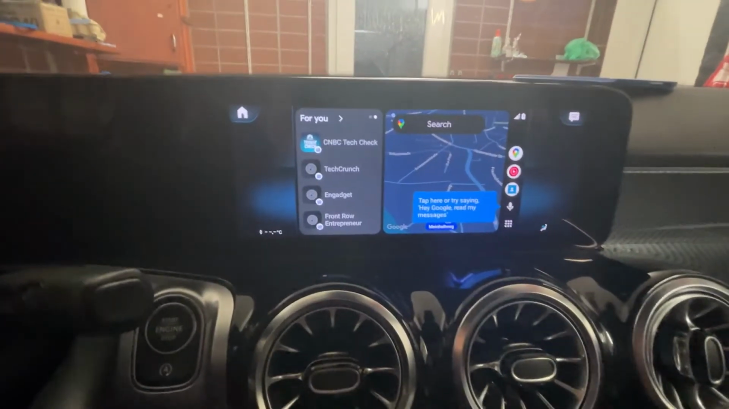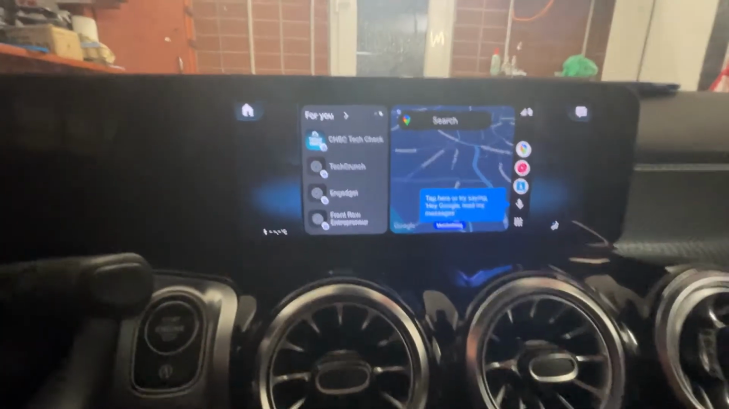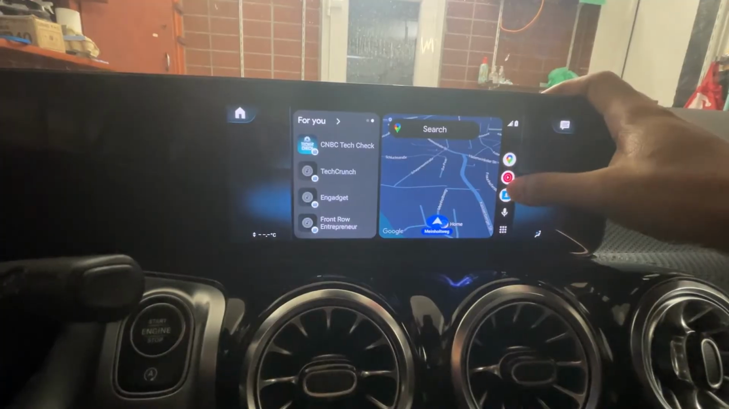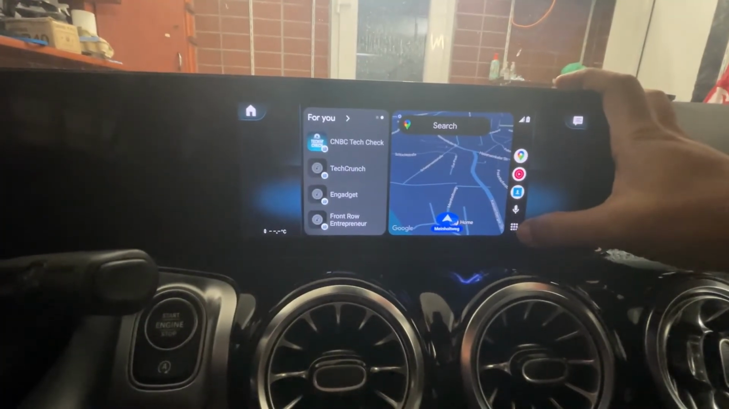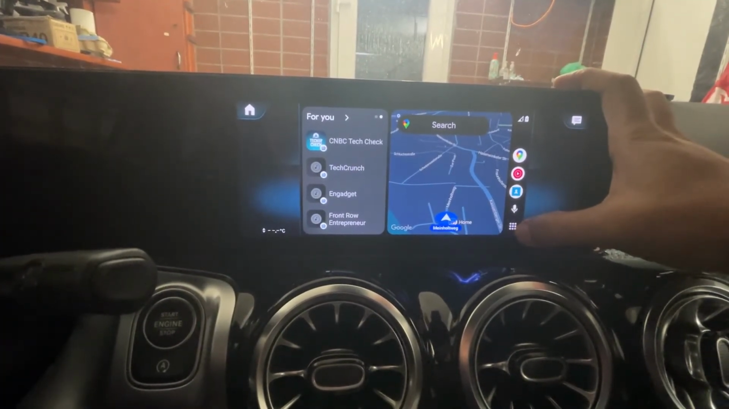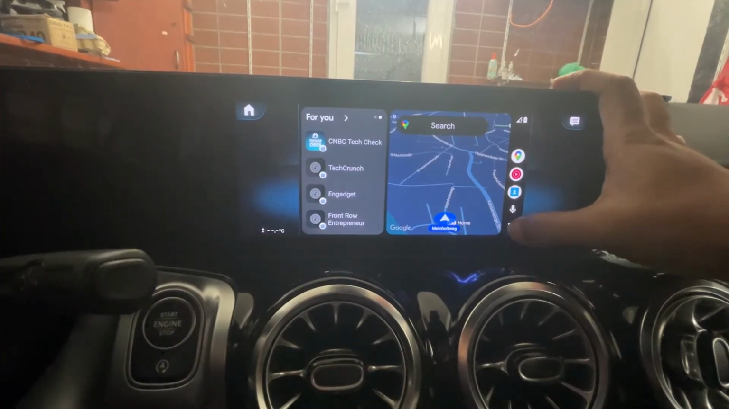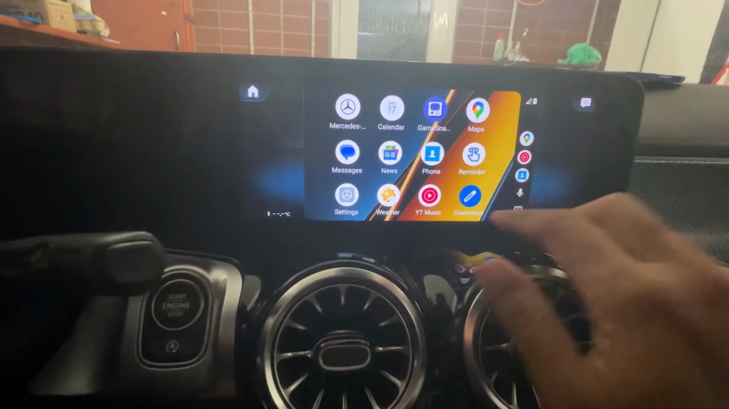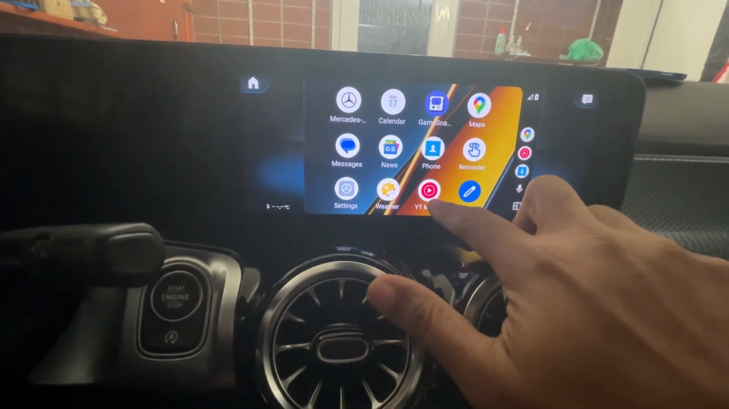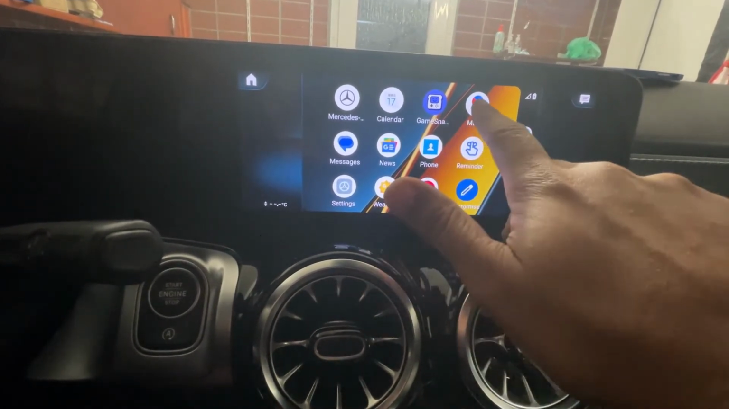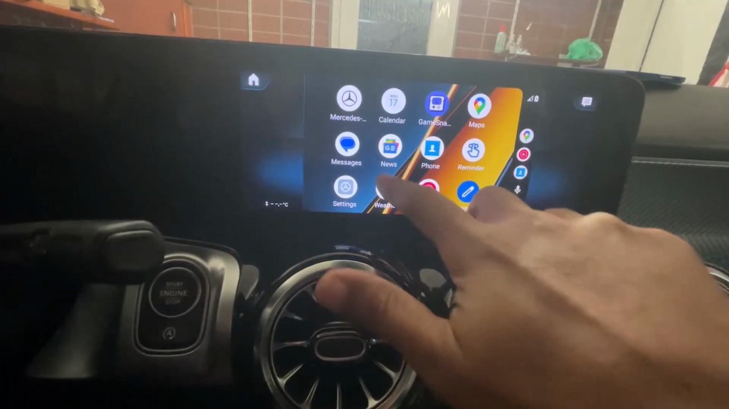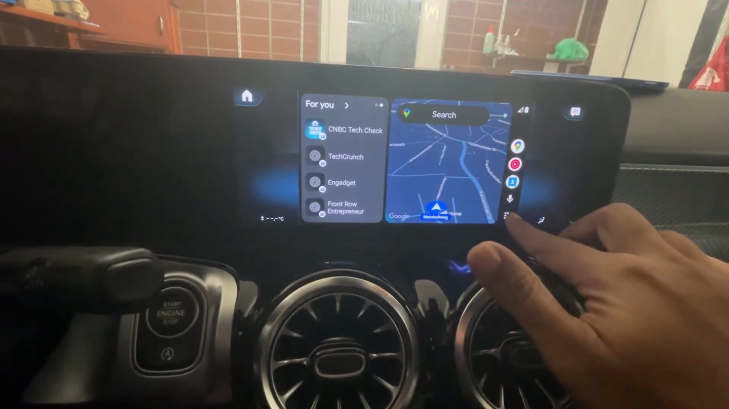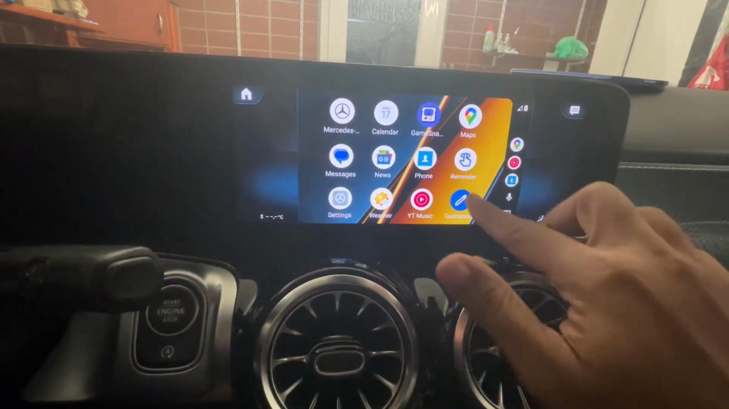Now here on the MBUX, you will be able to see all the related apps. So you can see all these apps here. If you want to see more apps, click on this icon here, and then you will see more apps. So I have this YouTube Music, Weather app, Map, and other apps here. If I want to go back, I will press on this menu here once again, and then I will go